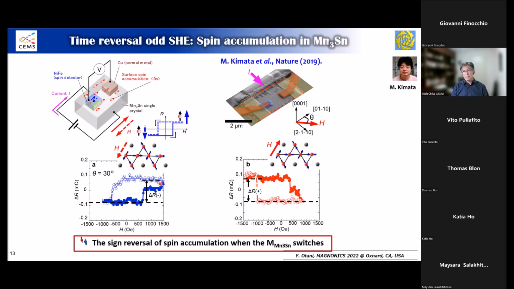The surprising thing is, if we flip the spin structure by flipping the external magnetic field without changing the ferromagnet, then there is a response in the chemical potential measured by this soft permalloy electrode. We get a completely flipped hysteretic response. That means a sign reversal of spin accumulation when this octupole moment switches. That's what we found. This is surprising, as this kind of response could not have been controlled by an external field in the case of the ordinary spin Hall effect.